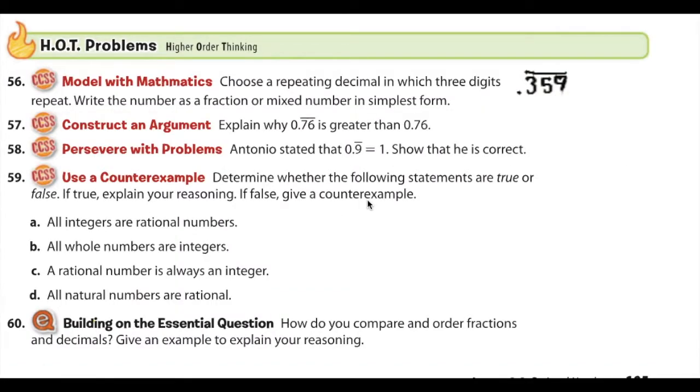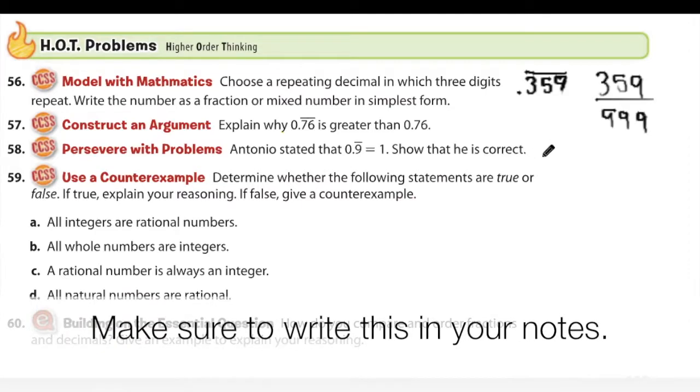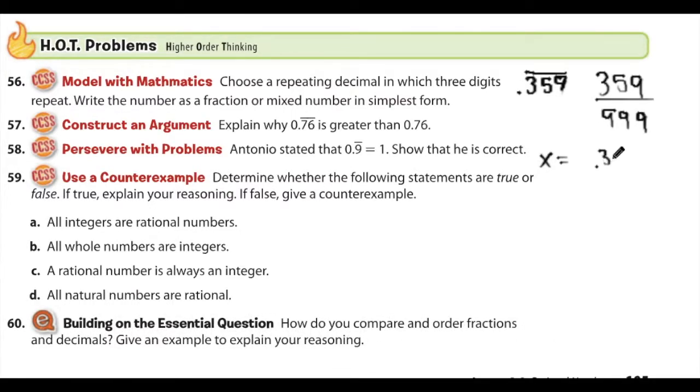For the higher order thinking problem on page 105, number 56 says to choose a repeating decimal in which 3 digits repeat. So I have chosen 0.359 repeating as an example, and we're going to write that as a fraction in simplest form. So we will do that right now by setting our variable x equal to 0.359, and like I mentioned before, I write it a couple of times, so it'll be 359, 359, and then